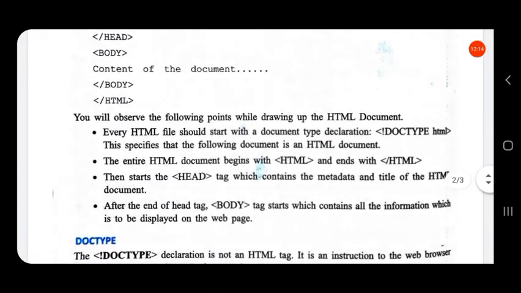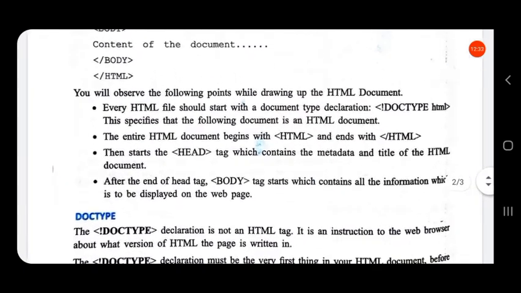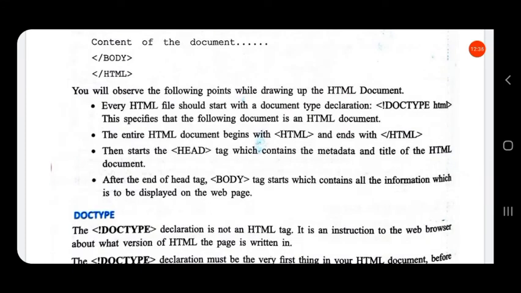Now the entire HTML document begins with html and ends with /html, that is the starting and ending tag. Then starts the head tag which contains the metadata and title of the HTML. After the end of the head tag, the body tag starts, which contains all the information which is to be displayed on the web page.